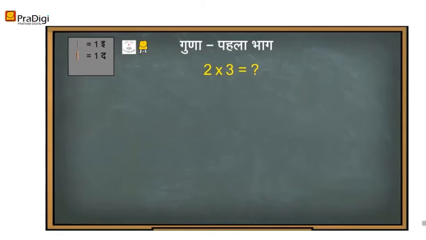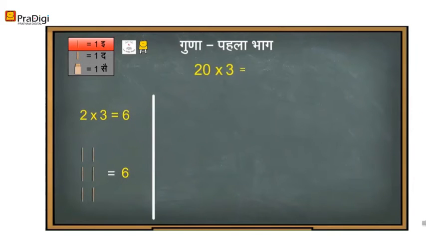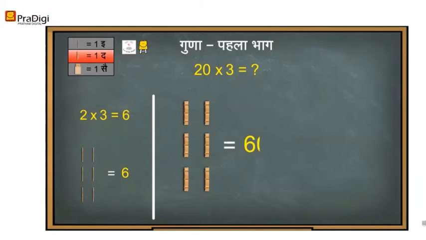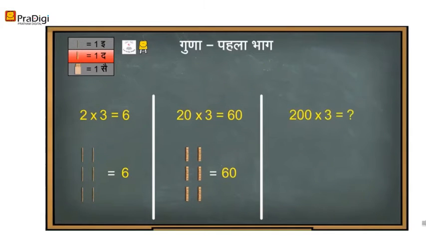It simply considers number 2 as 2 units and shows those 2 units in the form of 2 sticks. It then says what happens, or what does the number of sticks become, if you take these 2 units 3 times, and you get the answer 6. Without going on to other tables, it directly moves on to 20 into 3, which is illustrated in a similar way by using 2 tens instead of 2 units, and 200 into 3, which is shown by using 2 hundreds